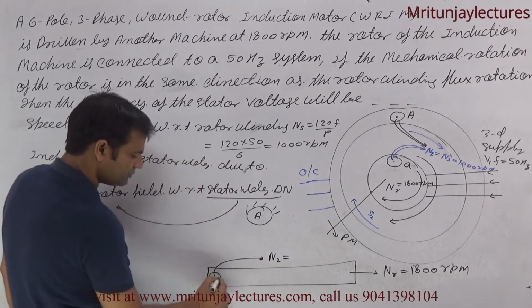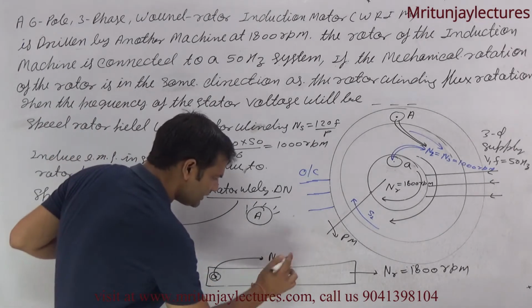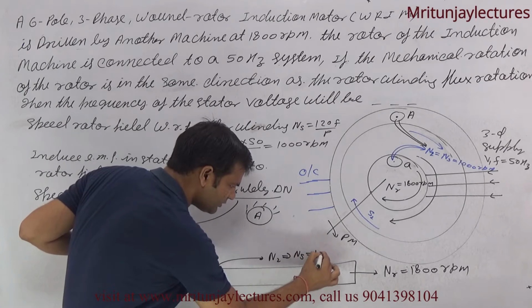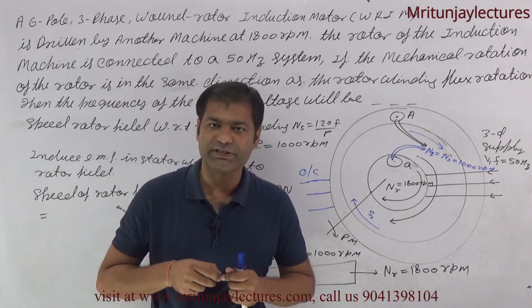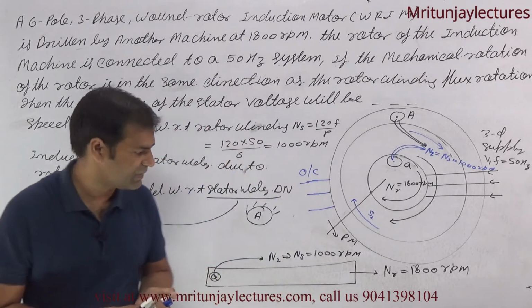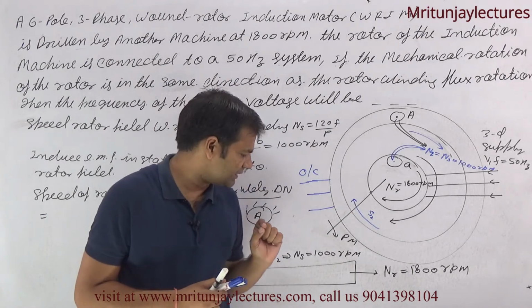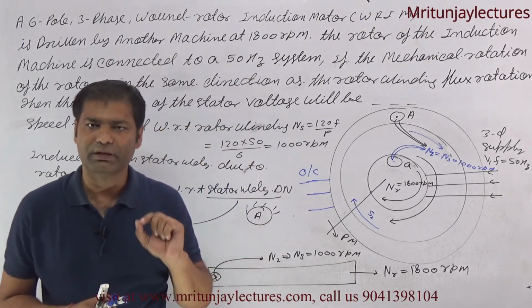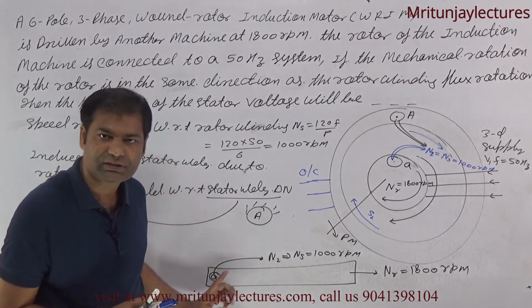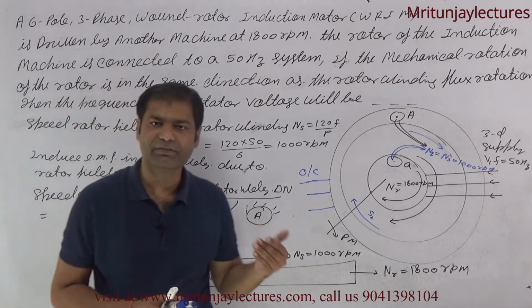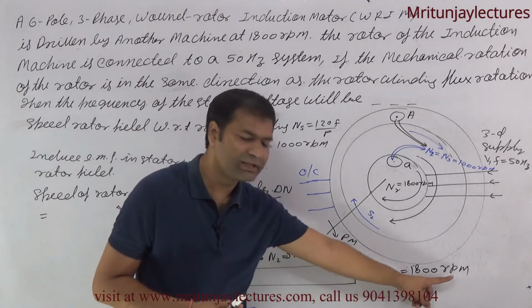N2 corresponding to this is A, and you know that N2 means Ns, that is 1000 rpm, 1000 rpm with respect to the rotor structure or rotor winding. This is the magnetic field, or you can say the rotor field, of the rotor field with respect to the rotor structure. Okay, or you can say the rotor magnetic field with respect to the rotor structure or rotor winding. Clear? Like this one, and the rotor also runs like this one.